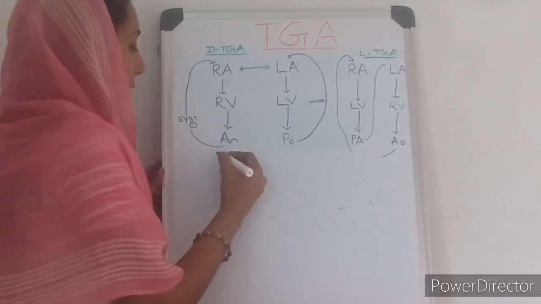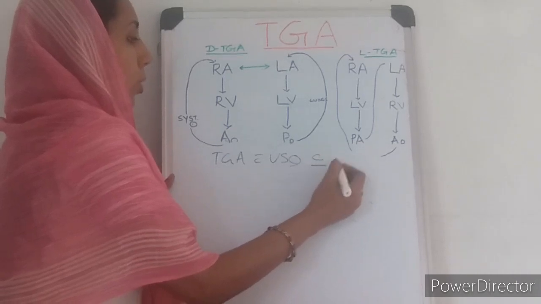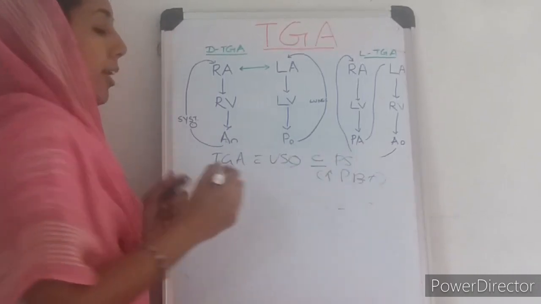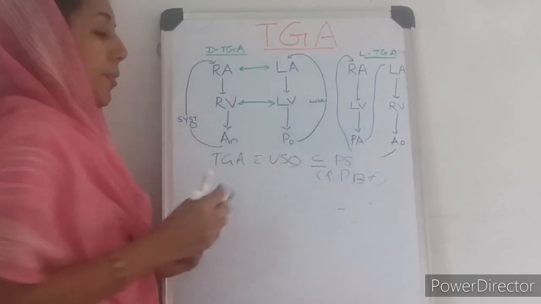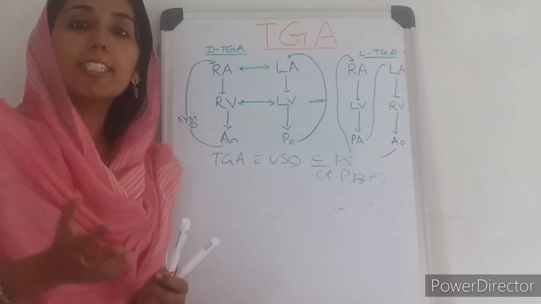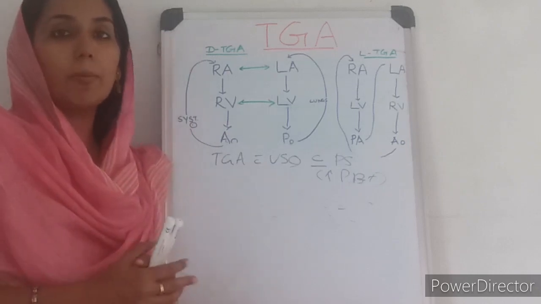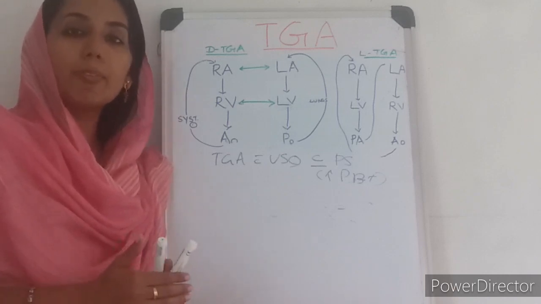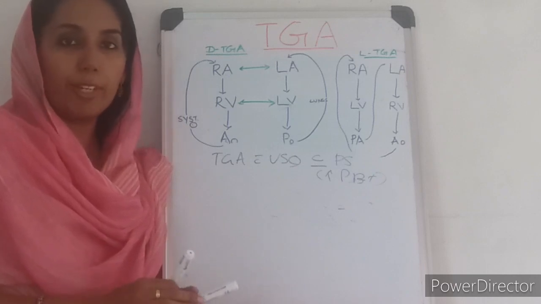Now let us discuss the clinical features of TGA with VSD without pulmonary stenosis, that is increased pulmonary blood flow is there. Okay, so here there is a connection, there is a VSD. Because there is a VSD, there is a mixing of oxygenated and deoxygenated blood. There is a good mixing happening. So the cyanosis will be mild, and these children tend to present with CCF a bit late, maybe around 6 to 10 weeks of age.